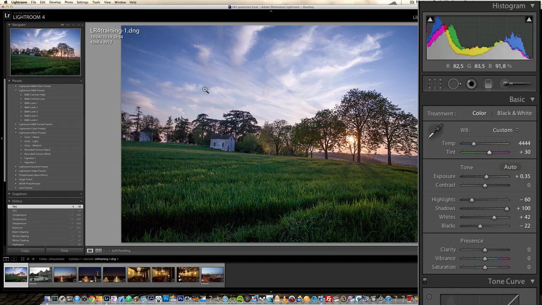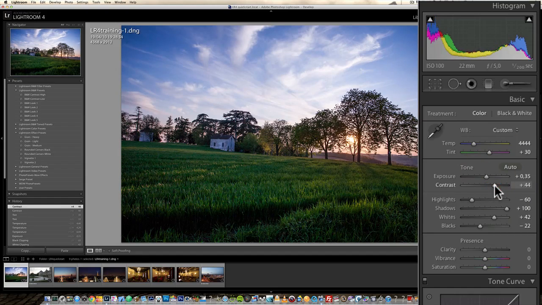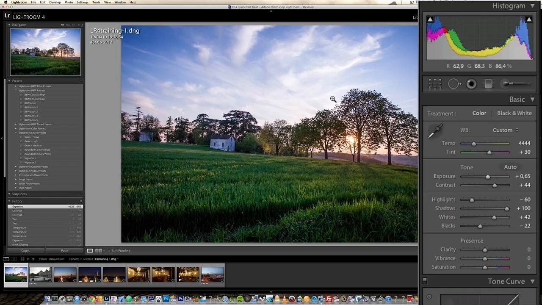Okay, so that's not bad, but the photo is lacking contrast. And this, I usually do totally at the end. Let's move the contrast a bit to the right. And usually when I move the contrast, I open up the shadows. They're already open to 100%. I move the exposure a little bit because sometimes it darkens the photo too much. So now the photo starts to look good, but